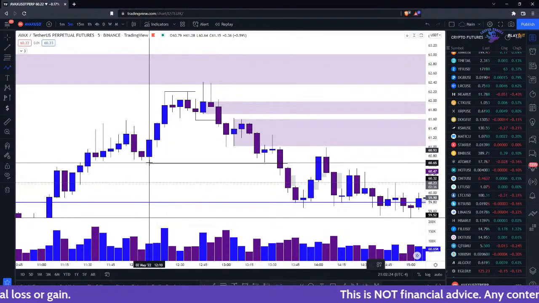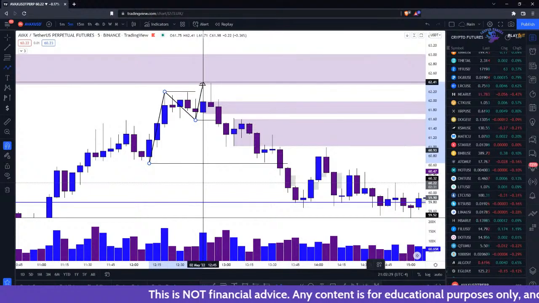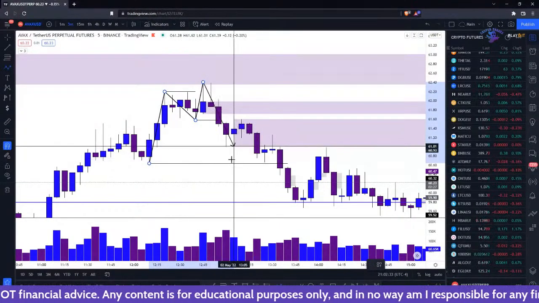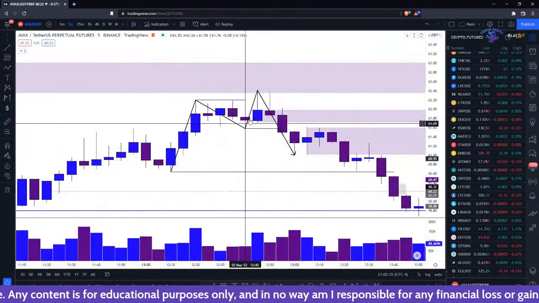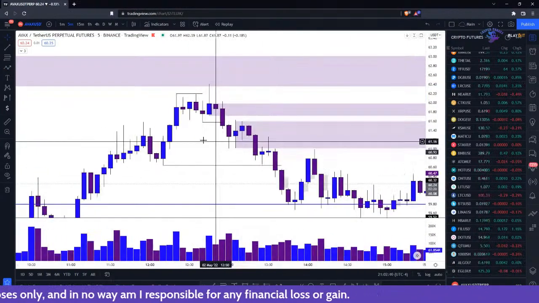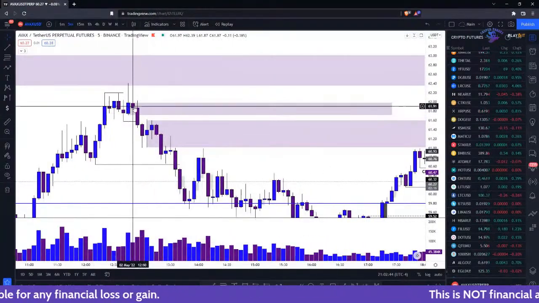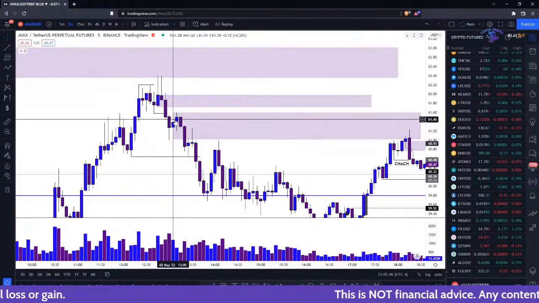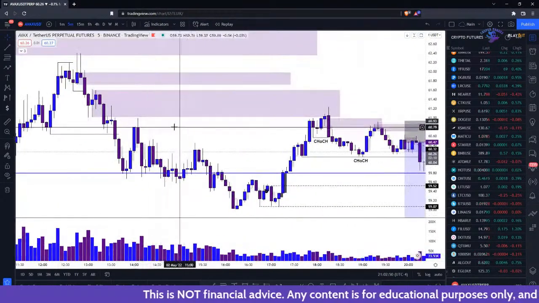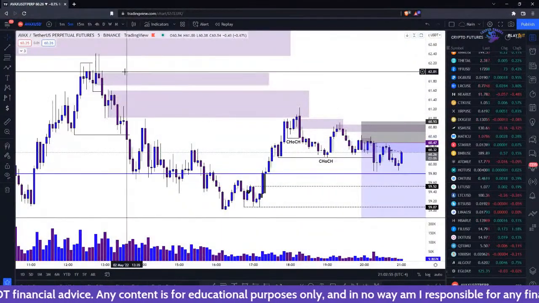But so like you have this high. Here you go, normal structure. Made that new higher high, but did not make a higher low. So after that, that's your choch right there. Structurally, that's it. It doesn't have to look perfect. But when we look at this mitigation zone here, and we also have this mitigation zone down below, while this did get tapped, it's what I usually look for.